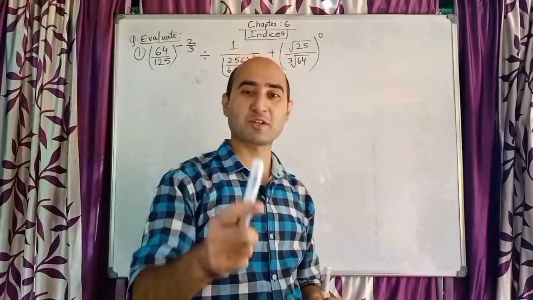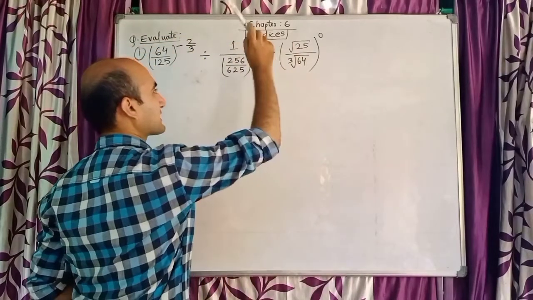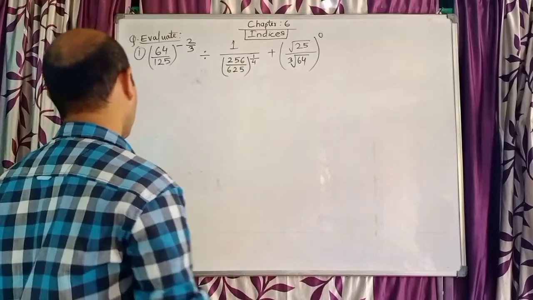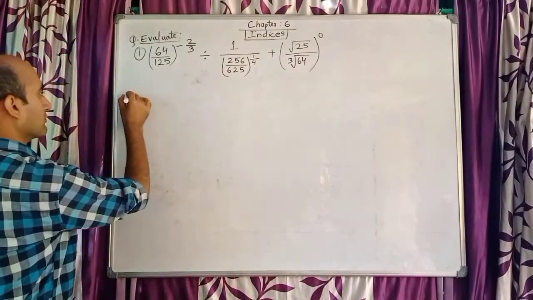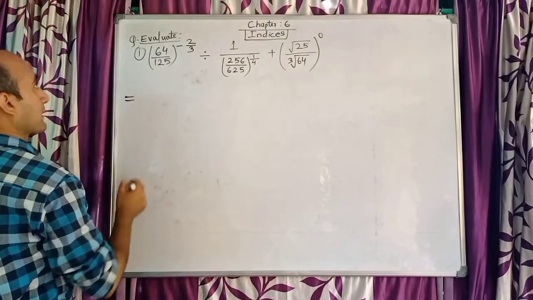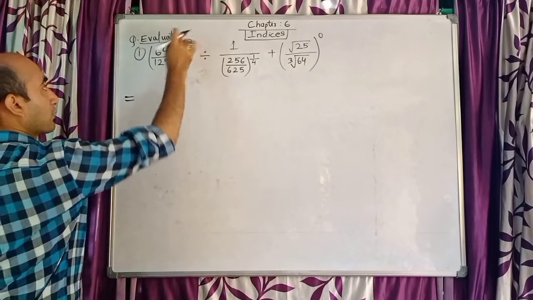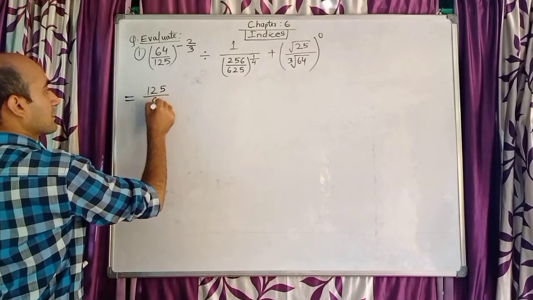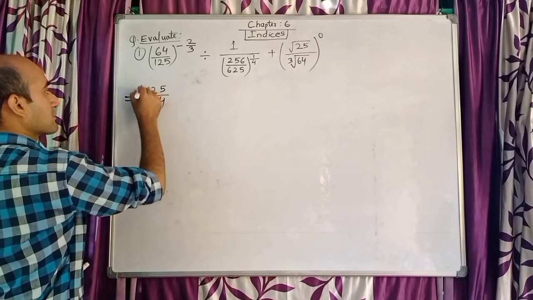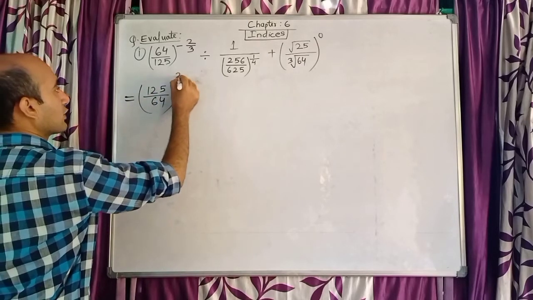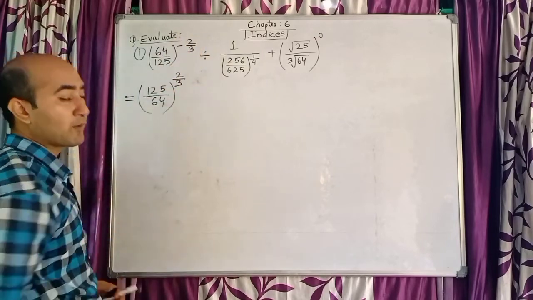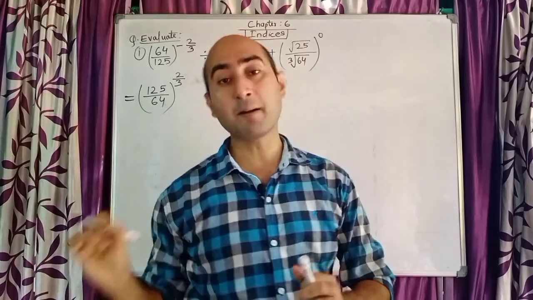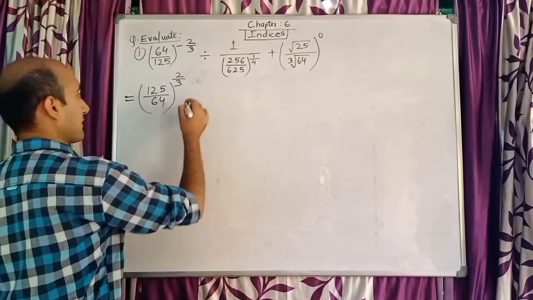Anything power 0 is actually 1. So just to confuse you, they have given all this critical part inside the bracket, but the result is 1. So let us try to solve this question. First of all, I am going to make this power positive. To make this power positive, I am changing numerator and denominator. So I have changed here and my result will now be 2 by 3. The power will be the same, 2 by 3, but only positive. The negative power will become positive power. That is only the matter here.